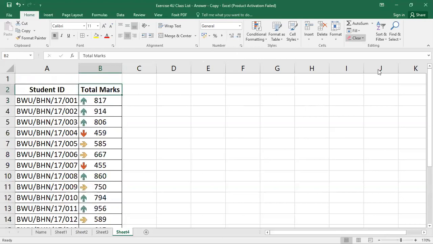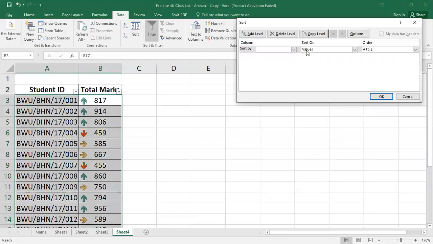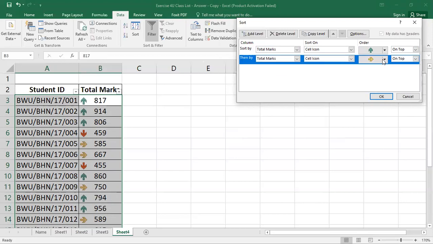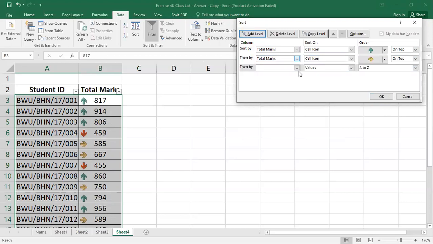And we can implement the sort also here. In this particular case, we can choose the total marks. This is the value. Instead of value, we choose here cell icons, and we choose this one. Then add again. This is the total marks. Again, we can choose cell icon, and again we add the values, the total marks.